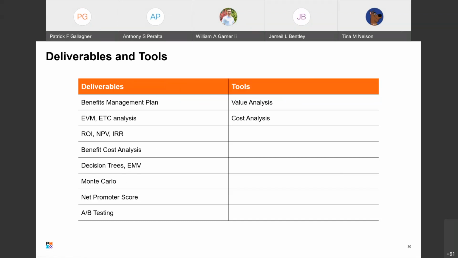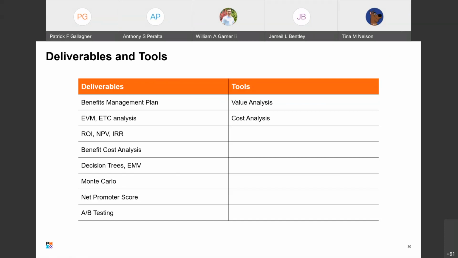We have the Monte Carlo simulation, Net Promoter Score. Anybody ever heard of that ever at AT&T? When I was in school, I was at a residency, and one of the lead faculty says that he hates Net Promoter Scores, one of the most useless tools that are available that everybody is using.